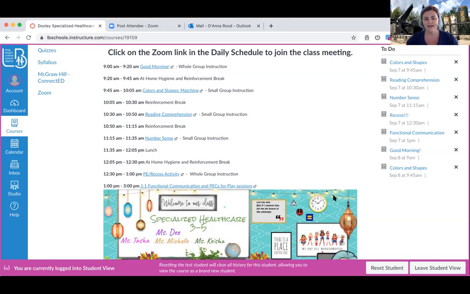If you did have some students who were younger, maybe not yet literate, but who could, after some training, learn to recognize shapes or colors, we could go in and embed some shapes here. And so I could say, okay, the Good Morning meeting at 9 a.m., you want to click on the red